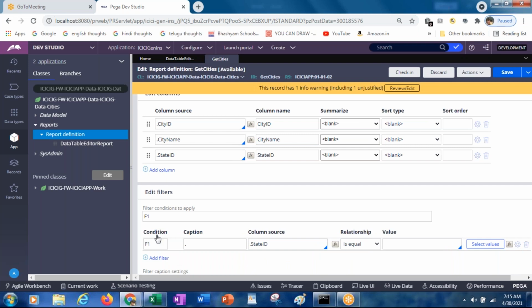So here in the condition, the first condition we are applying is state ID. The state ID is equal to the value of what? The value which you are passing under the parameters tab.